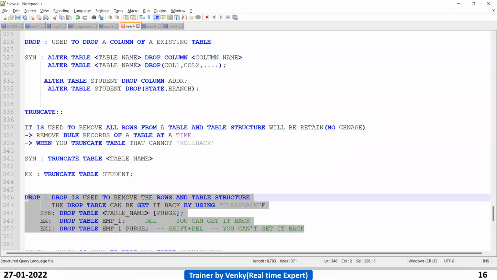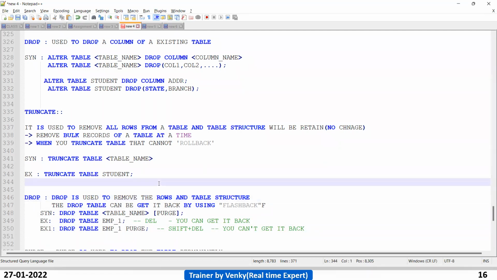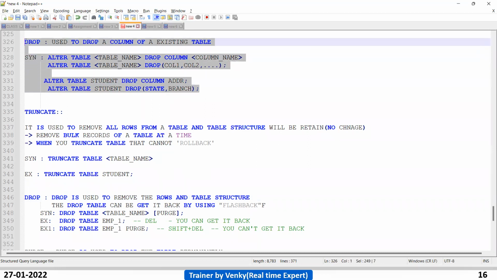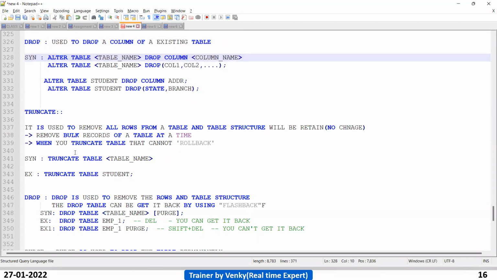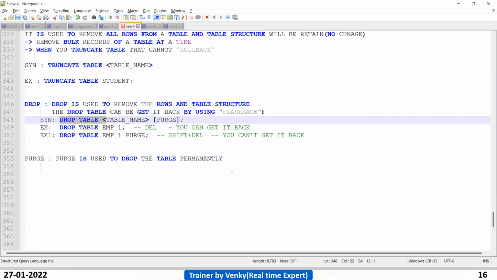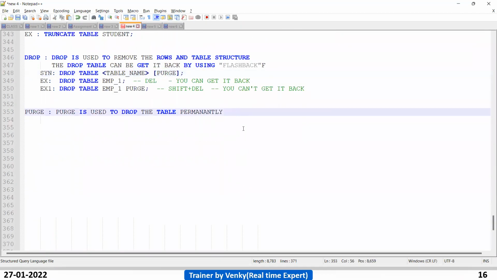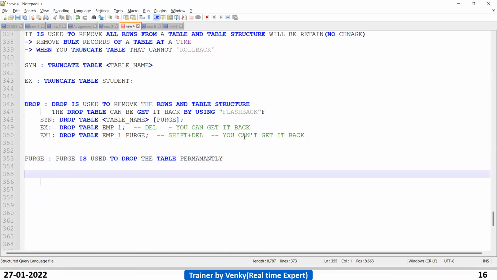So you have to remember, if you want to drop a column, you have to go for alter with drop. If you want to drop a table, you need no alter option. You can directly go with the drop. Okay, clear, guys?